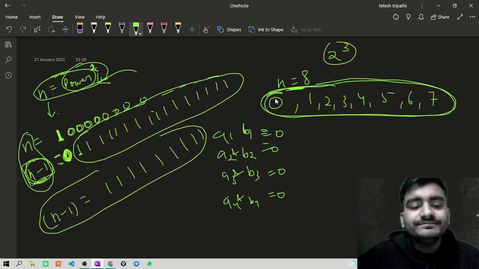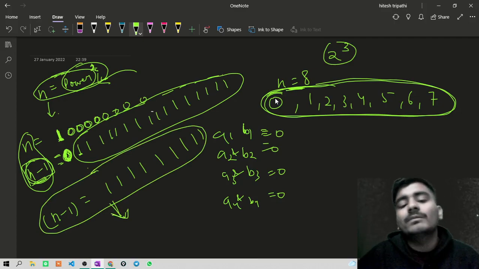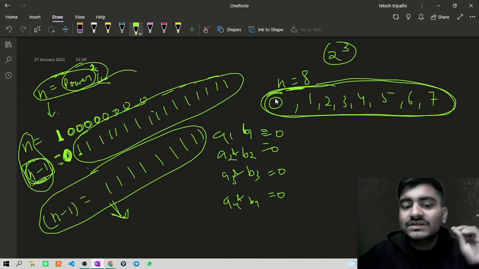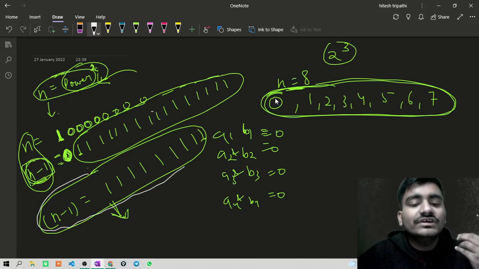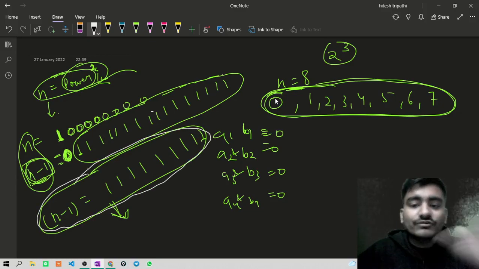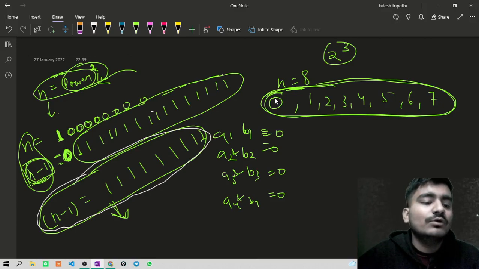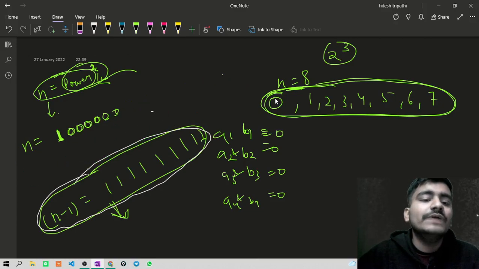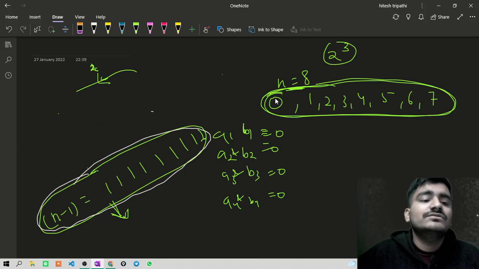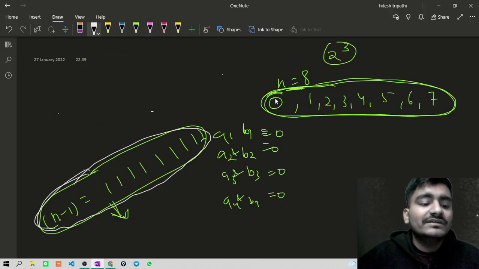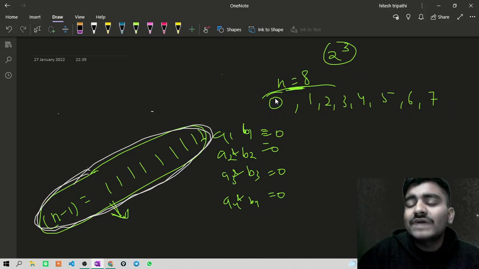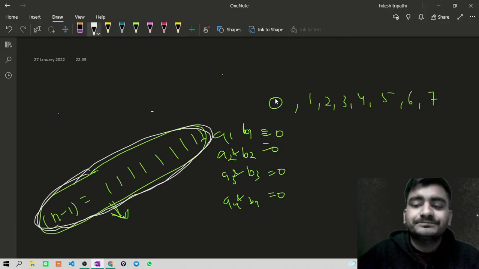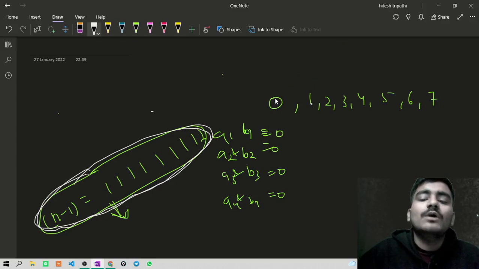Okay, and now how you can use this n minus 1 to make the complement of any number. This is the main highlight of the question, like how we are going to use this n minus 1 in this complete question. Okay, now I am telling you how you can do that. We already know that n minus 1 is equal to this number, where this is the biggest number we can have. n minus 1 will be the biggest number, so that's why this is the biggest number we can have.